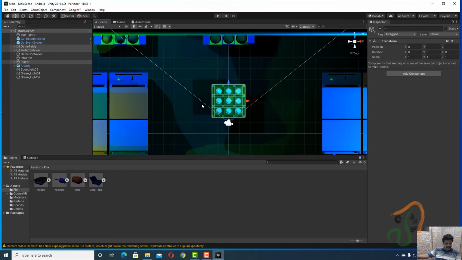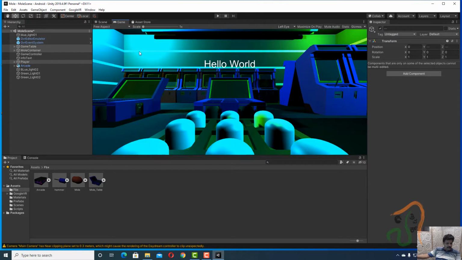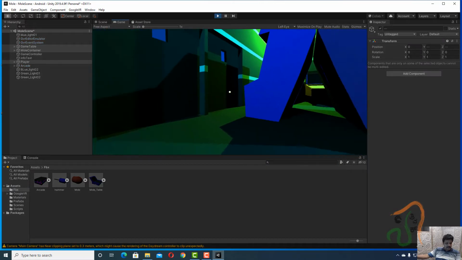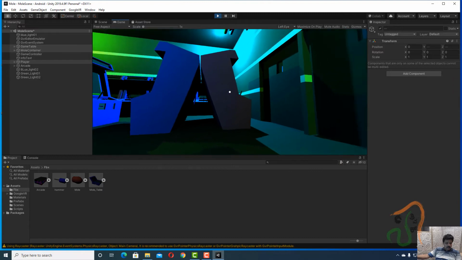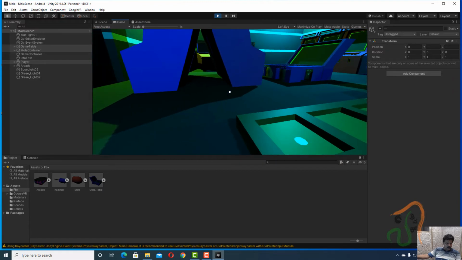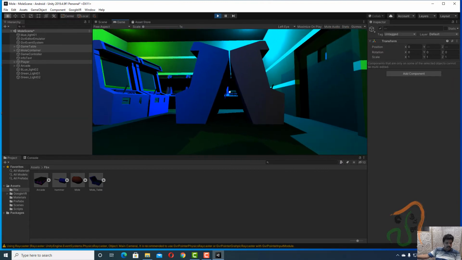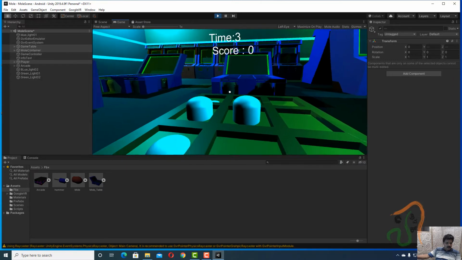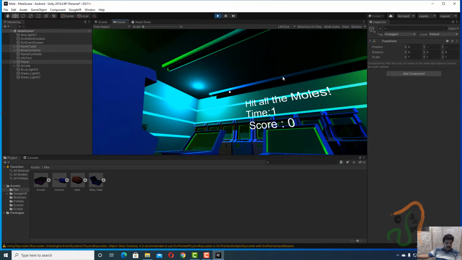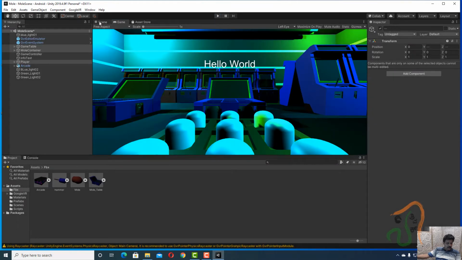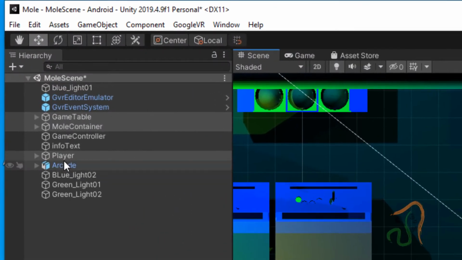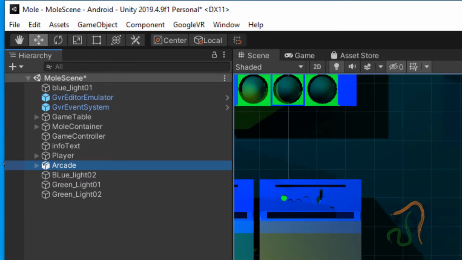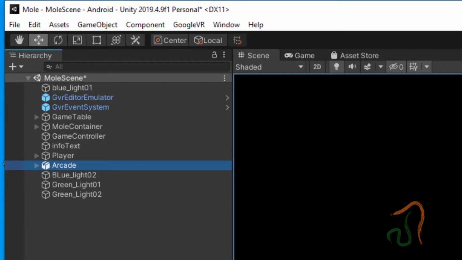Okay, so let us place this over here, and if required, let us see the entire scene here. If you come back to game view, okay, this is the game, and if required, press the play button here, and as the game is playing, turn around and see. Okay, this position is somewhat fine. This position appears to be fine. Or what we can even do is stop the playback. Now come back to scene view and select this arcade and zoom it out.